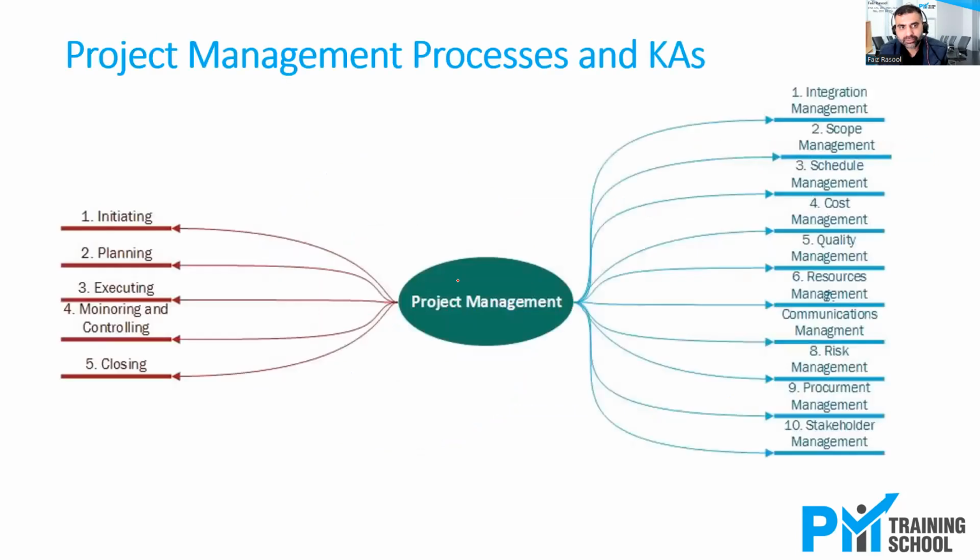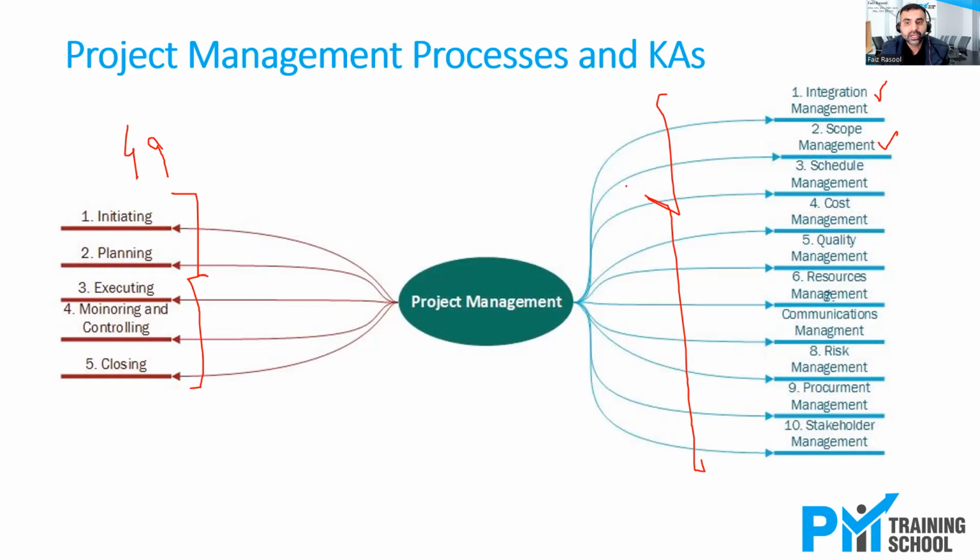Now let's come back to our waterfall approach. If we talk about PMI's framework, we have 5 process groups: initiating, planning, executing, monitoring and controlling, and closing. These 5 process groups include 49 processes. On the other side, we have 10 knowledge areas. A project manager should have a mastery of them, starting from integration, scope, schedule, cost, quality, resources, communications, risk, procurement,